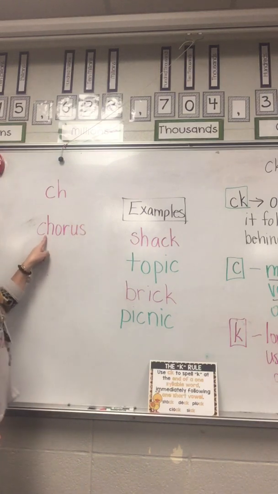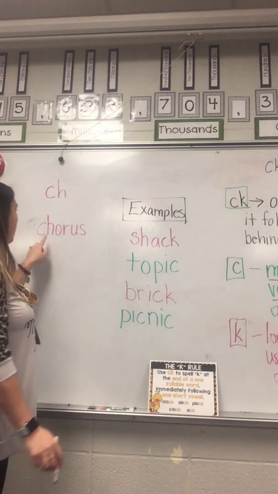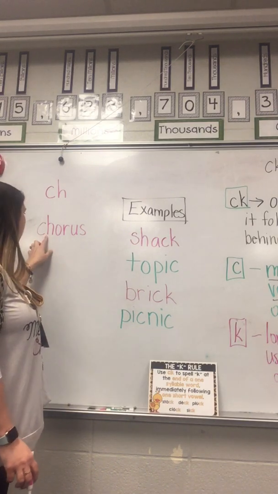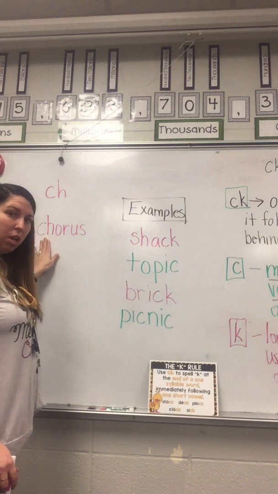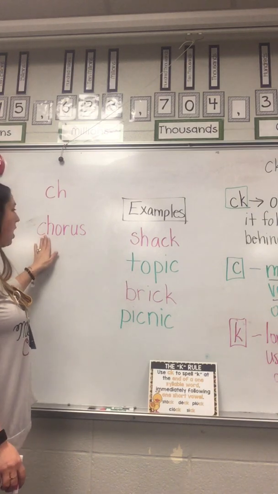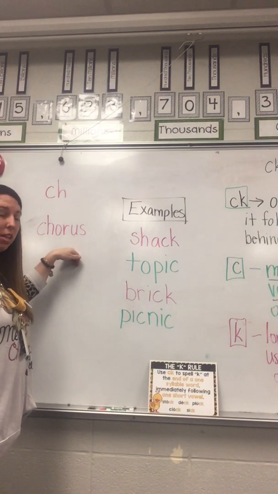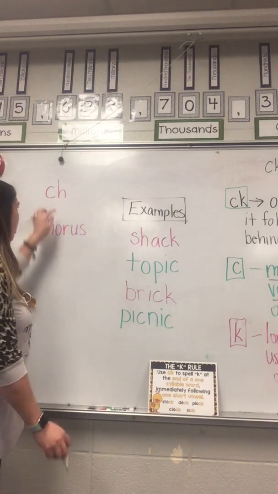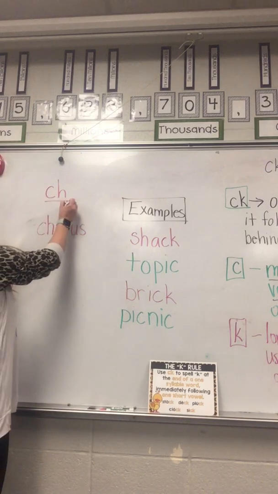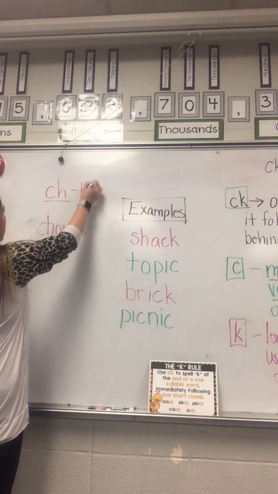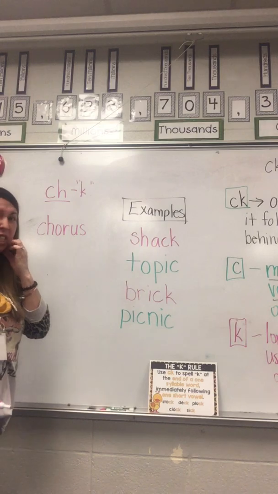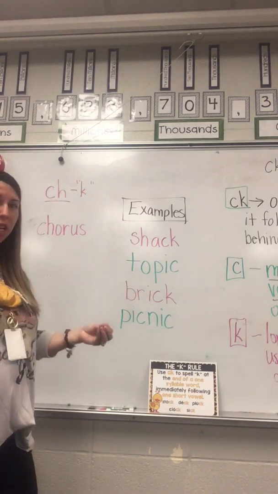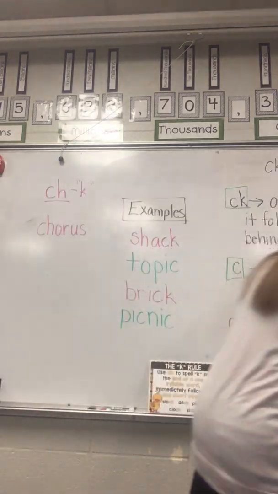And that CH says k. The reason you hear that is because it comes from the Greek language, originated from the Greek language and is implemented into the English language. So we have one word this week that's going to follow this CH that says k. And I'm just going to tell you what word that is. The reason that it does is because the word originated from the Greek language. And that word is